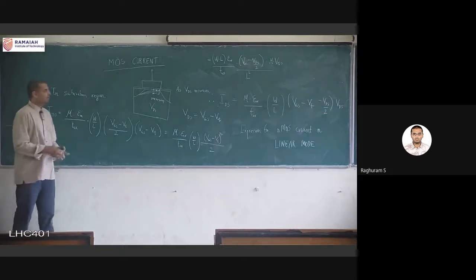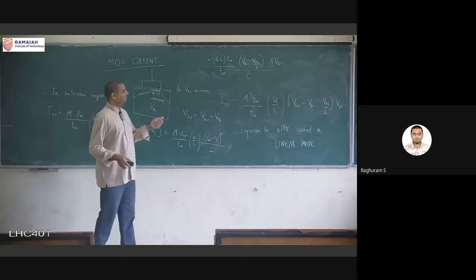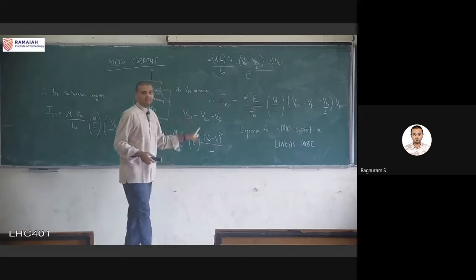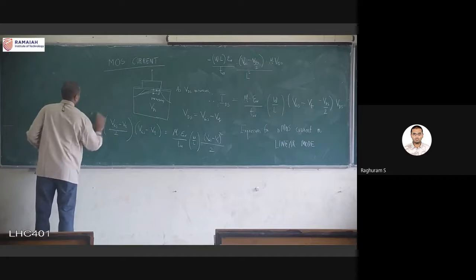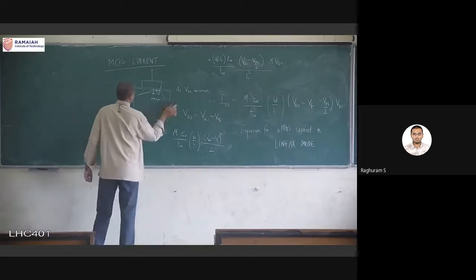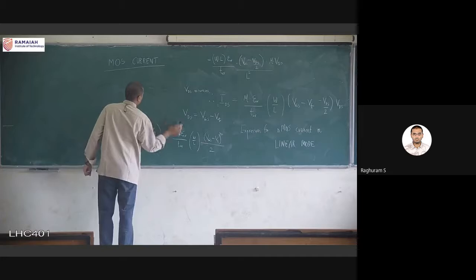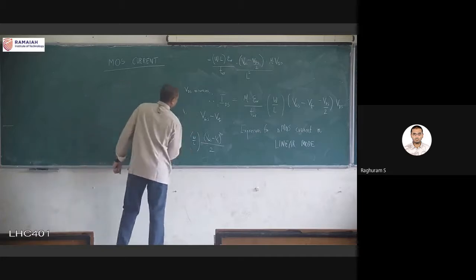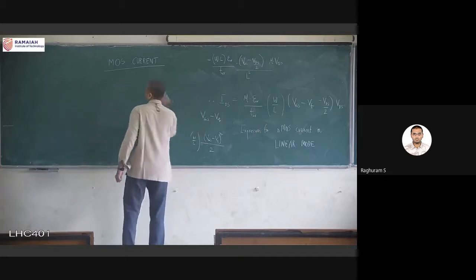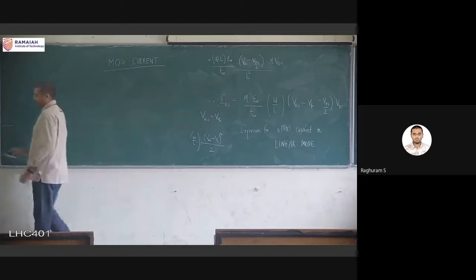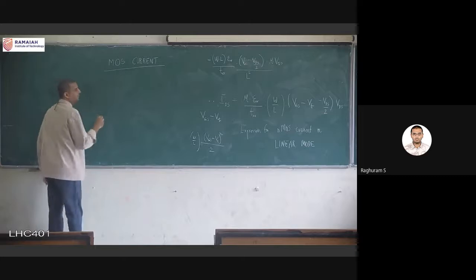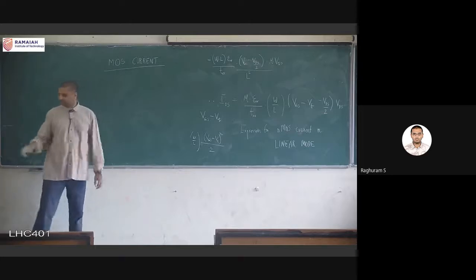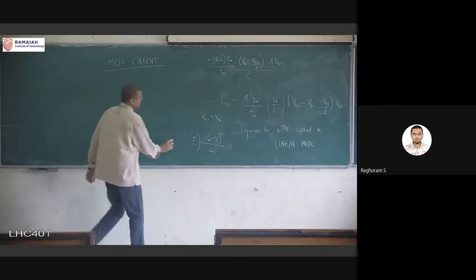Okay, so I will just summarize this in one table just so it is easy to remember. And now that we have finished it, I will also differentiate between NMOS and PMOS. So first, whatever we have derived, okay,